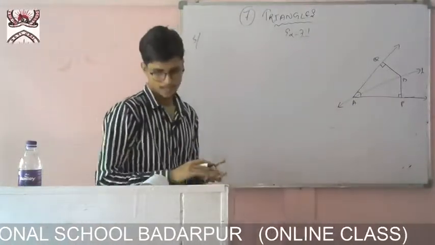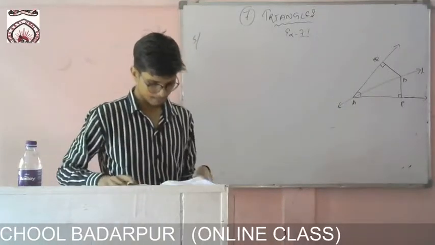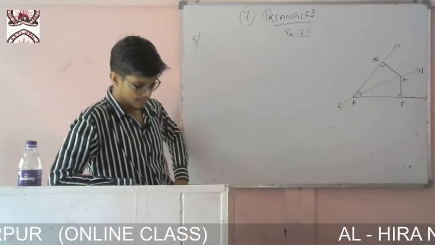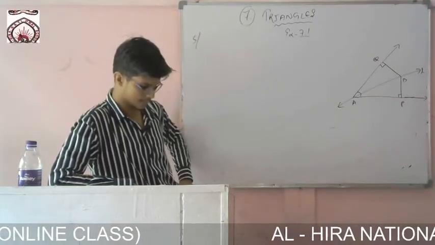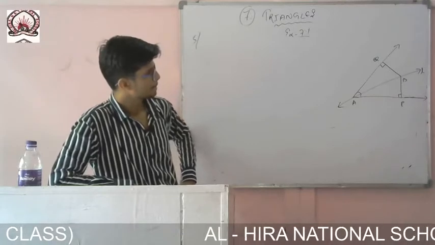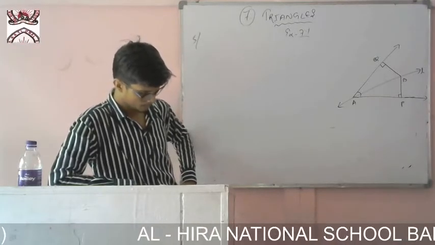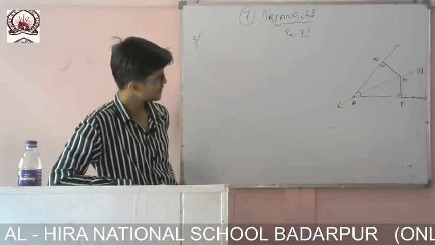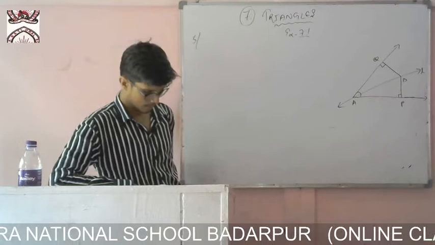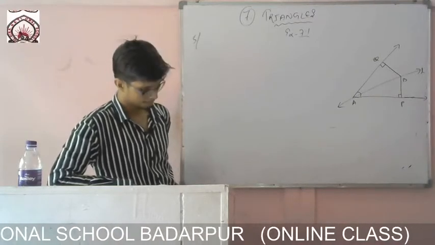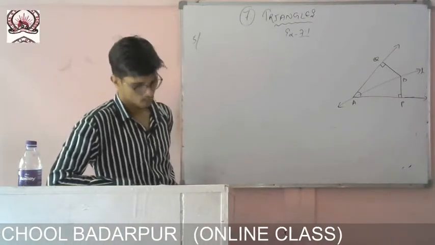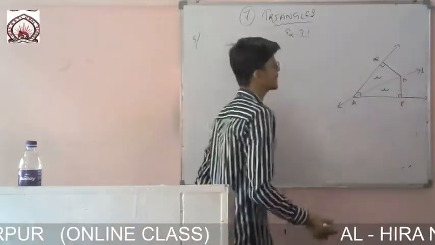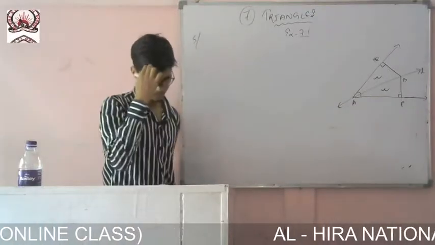Now you see the line L, what is given? The line L is the bisector of an angle A and B is any point on L. BP and BQ are perpendiculars from B to the arms of angle A. Yes, it is given. So now you have to prove that APB and AQB are congruent first of all. I have to prove that this triangle and this triangle are congruent.